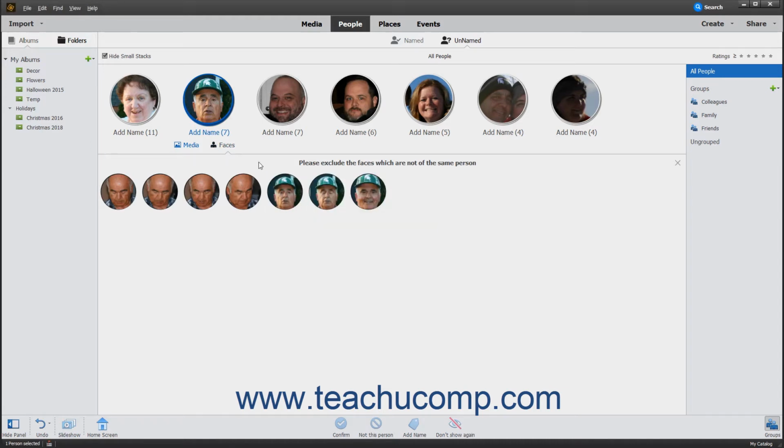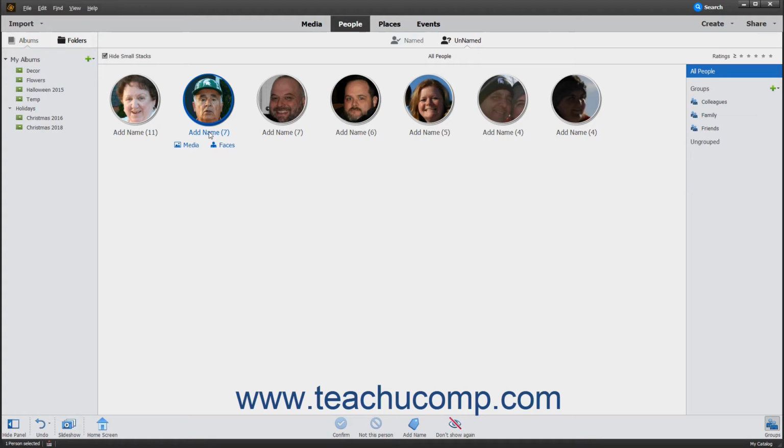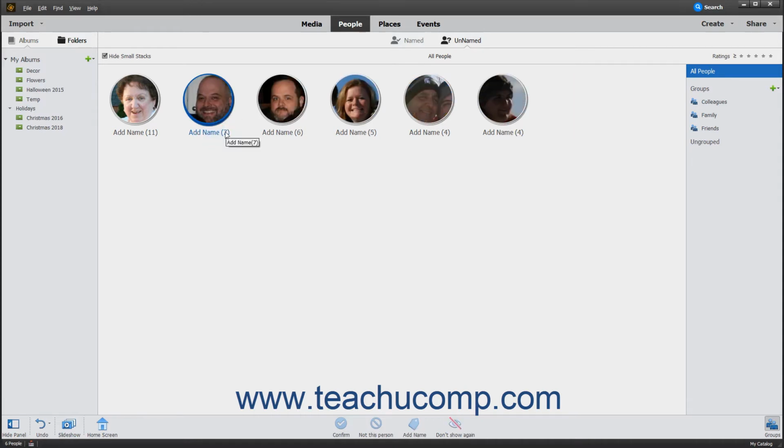After removing any errant faces from the stack, you can then click the X button in the upper right corner of the faces shown to close the pane of faces. Next, click the Add Name button under the stack of photos for a person and type their name. Then click the checkmark button to the right to name the person in the stack of photos. You can click the X button to cancel the name if desired. When finished naming the people, you can click the Media button in the Shortcuts bar to return to the organizer's